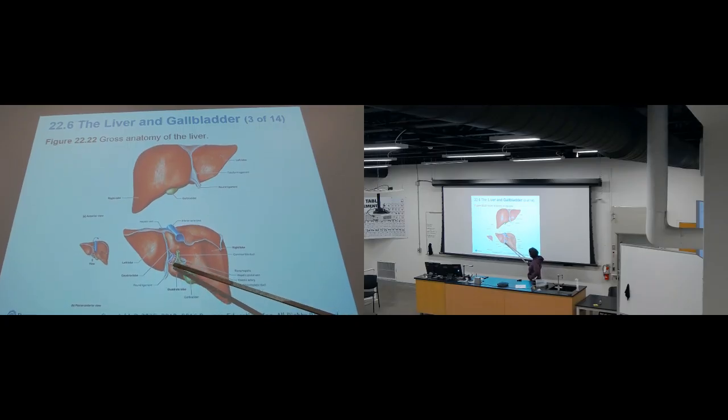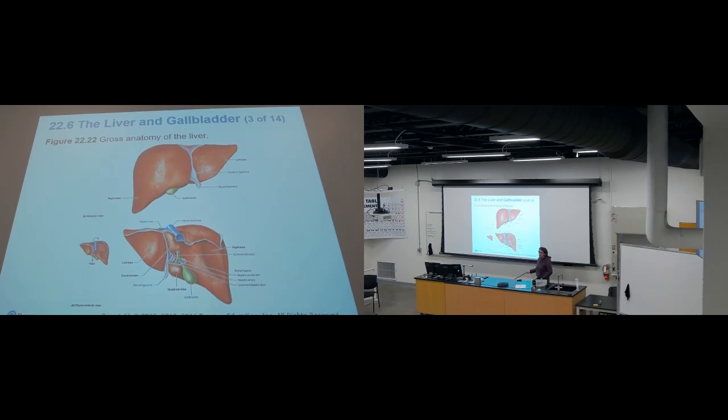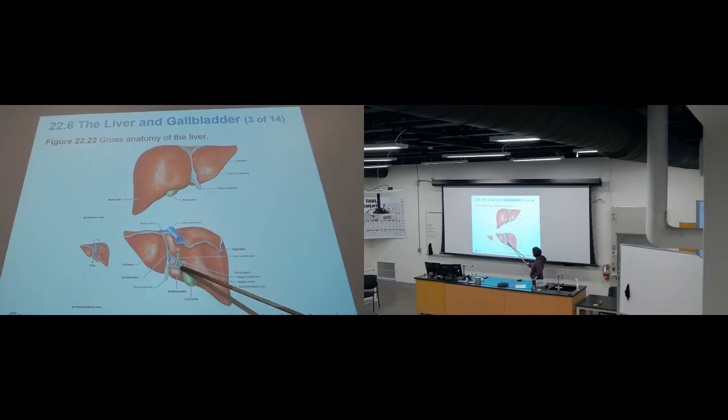And then just next to this lobe, we have something that is called the porta hepatis. The porta hepatis is basically the hilum of the liver. That's where you have the exiting of the two bile ducts from the liver, the left and the right, that merge to form the common bile duct. And then here we have the cystic duct, which is the one that brings the bile from the liver into